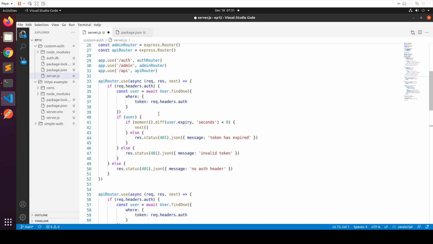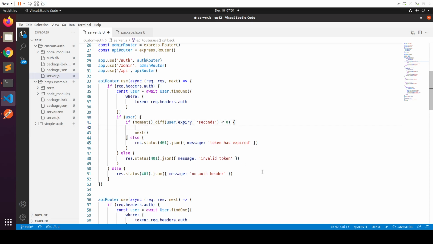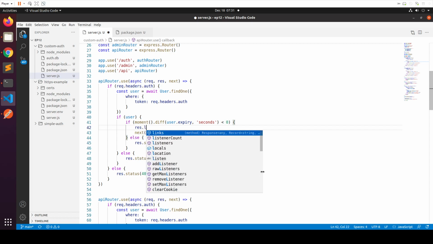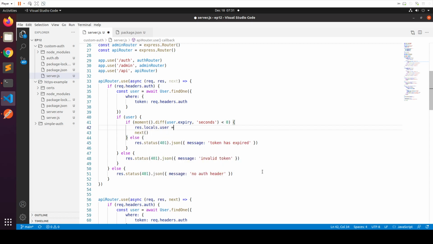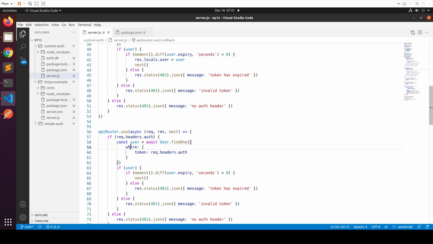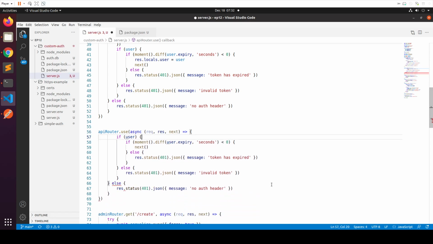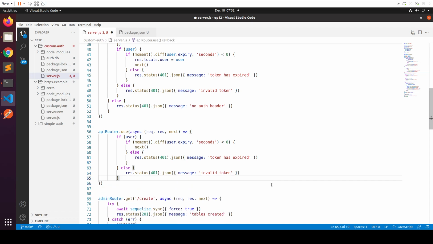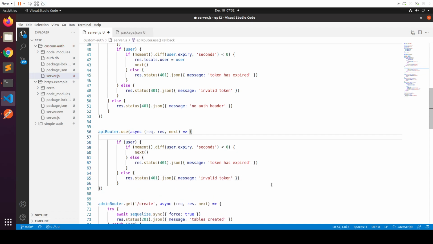So what I'm going to do is instead have the user somehow pass through the middleware chain. Now, the way to do this is if everything's valid, we're going to put response.locals.user is user. And this is going to make it visible within the middleware chain. So here, instead of doing everything like this, we're just going to delete everything, and we're going to do const user as response.locals.user,